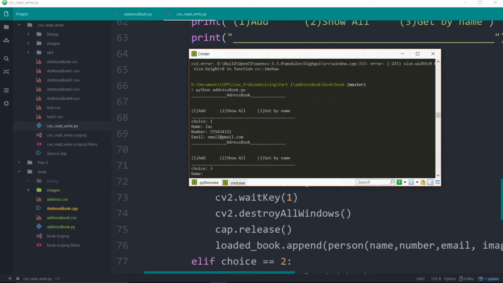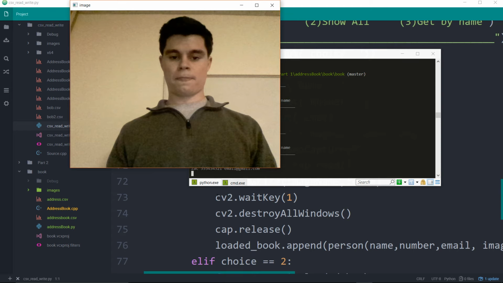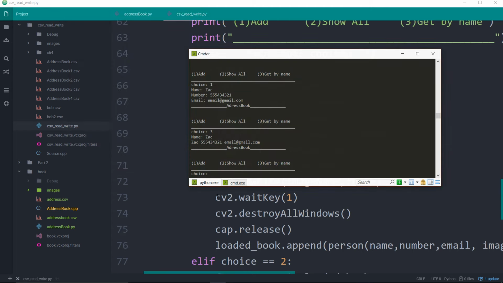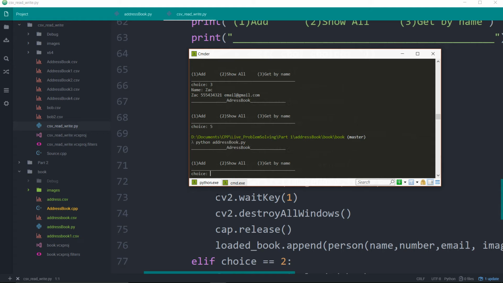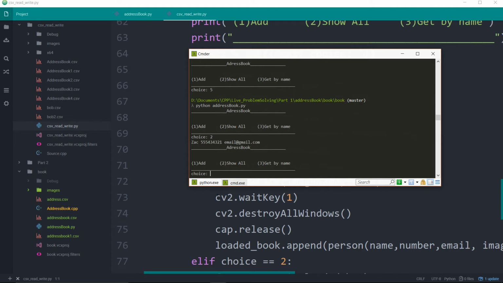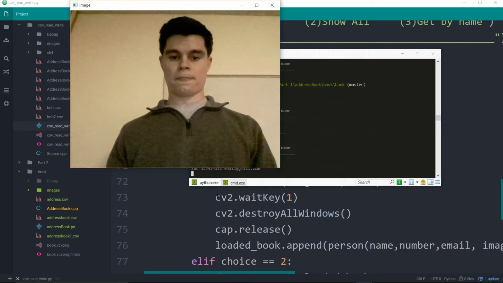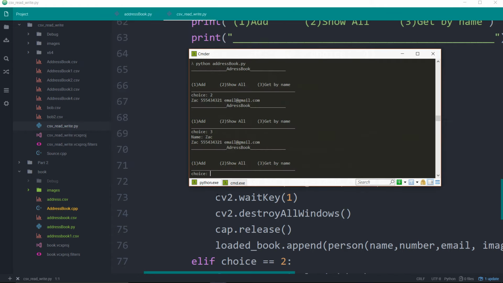3, and then we'll see if it definitely did. Yep, there I am. My little tongue out. There we go. All right, cool. So then now we're displaying an image. We're saving them. If I quit, and I go to Python, and then I show all, it should be Zach, and then I do get name, and I do Zach, and there it is again. So we're able to store it and view an image, which is nice when we work with